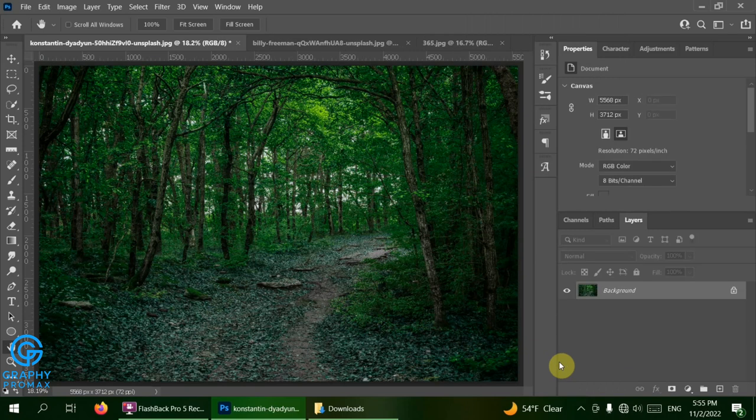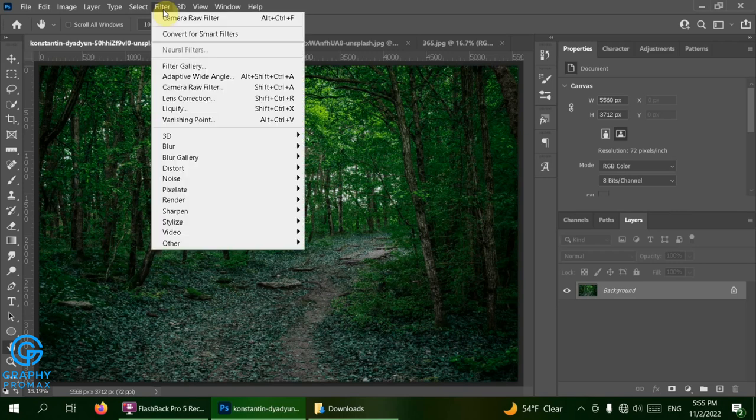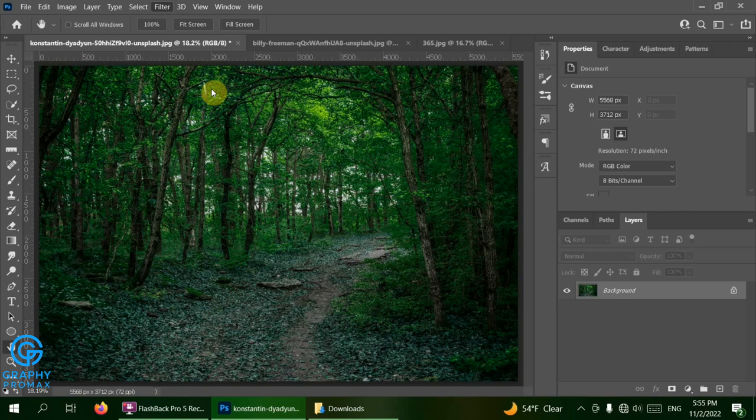It's okay. After that I'm going to my favorite filter. Its name is Camera Raw filter. It's the best filter in Photoshop. Go to filter and click Camera Raw filter. The shortcut is Shift plus Ctrl plus A. Okay,